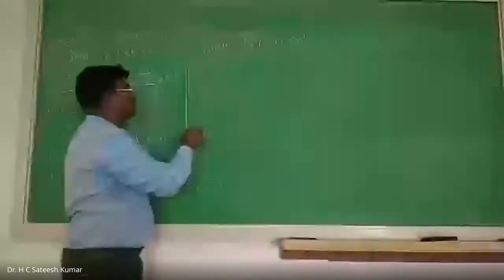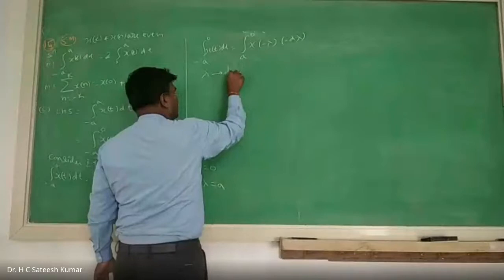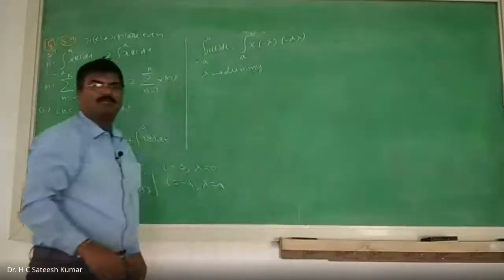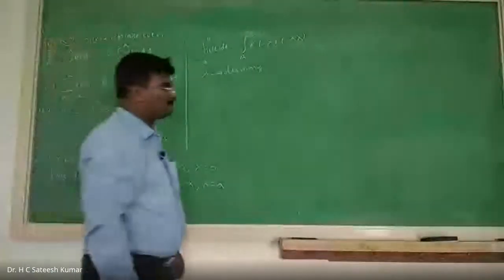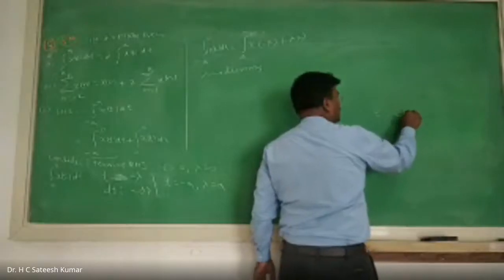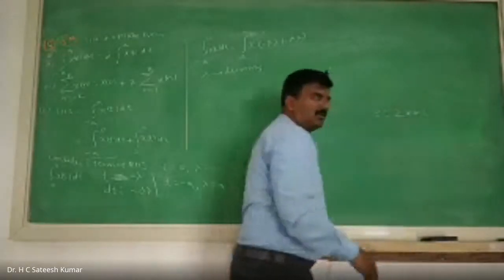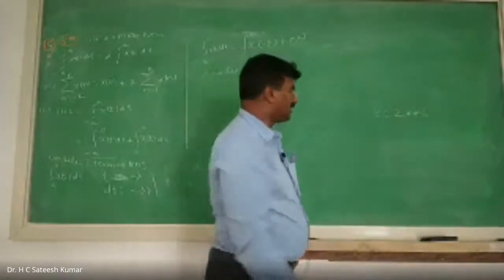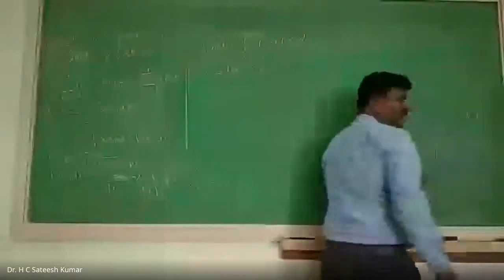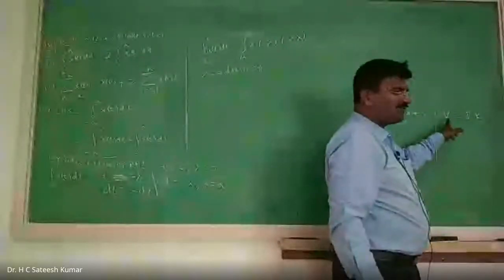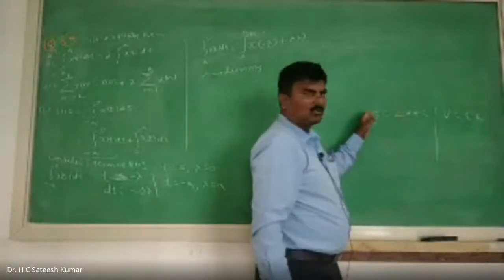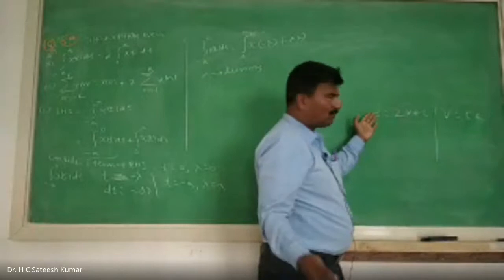What do you mean by dummy variable? A dummy variable is a variable which doesn't have any specific meaning. For example, when I say y is equal to 2x plus c, all of them are dummy variables. Now let us take V is equal to IR. Here V is the voltage, I is the current, R is the resistance. What about y? We don't know, it is an unknown value. We don't have any specific meaning.